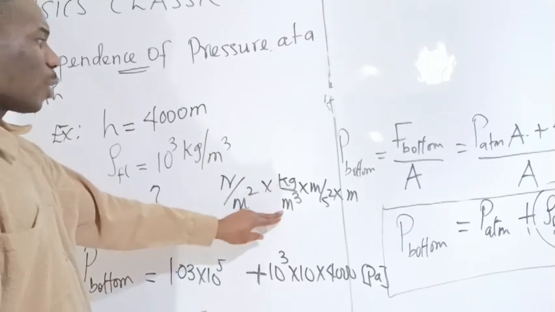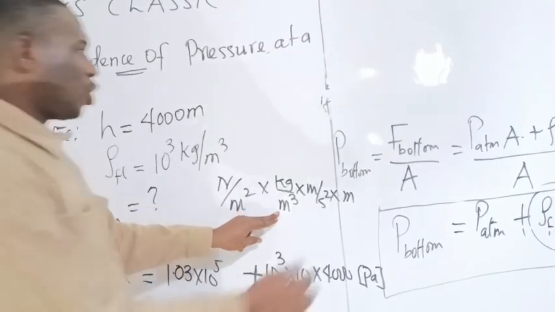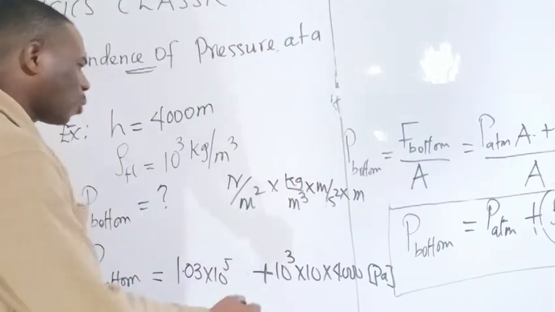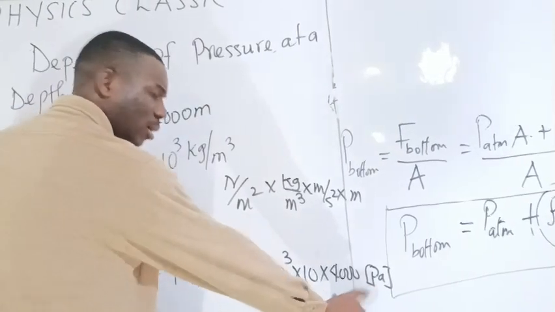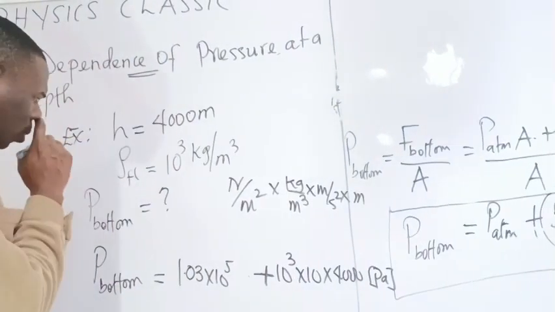Density is kilogram per cubic meter. G is meter per second squared. So it turns out that the unit is still Pascal. Alright, so to get this job done,